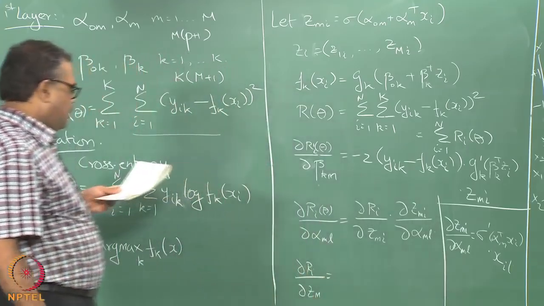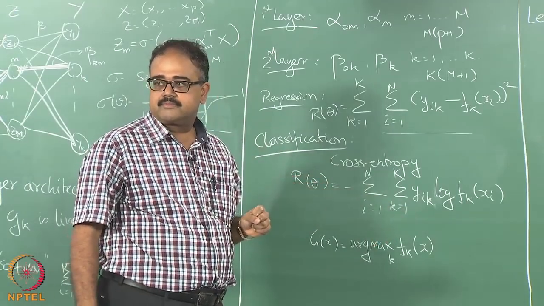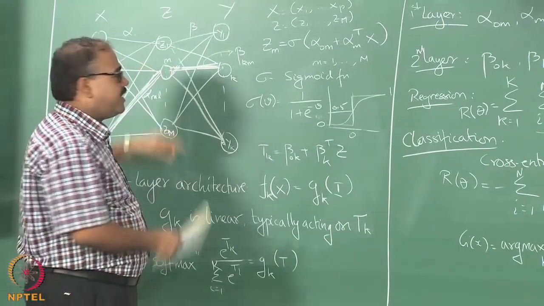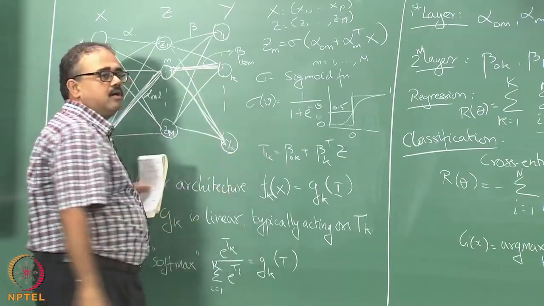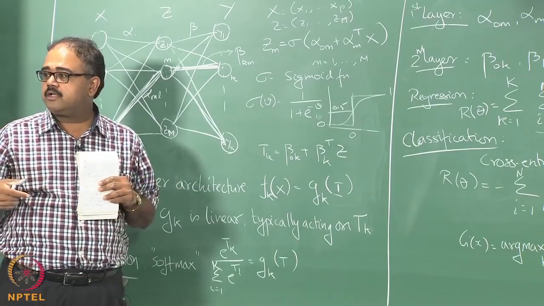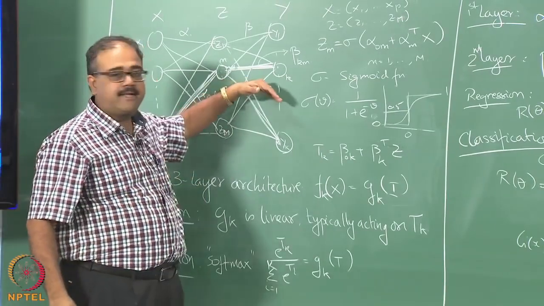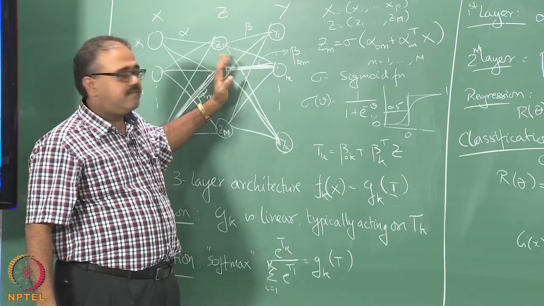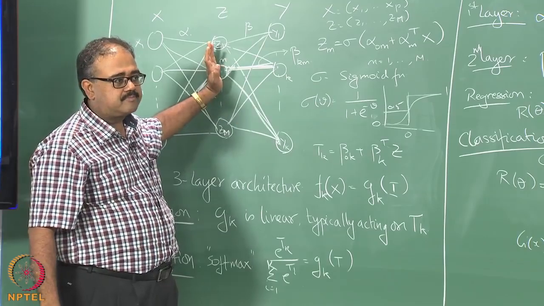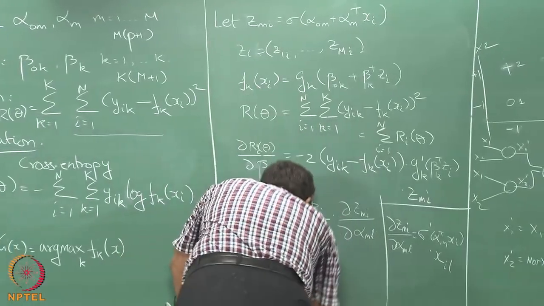Okay. Now is the tricky part. So, I am looking at dou R_i by dou z_m, right. So, what is z_m? It is the output from here, right, but unfortunately this guy goes to all the output neurons. So, z_m can affect the output through all the output neurons, okay. So far there has been a single path that we have been considering, but at this point we really have to consider all the paths of reaching the output from m, okay. So, what we really have to do is look at